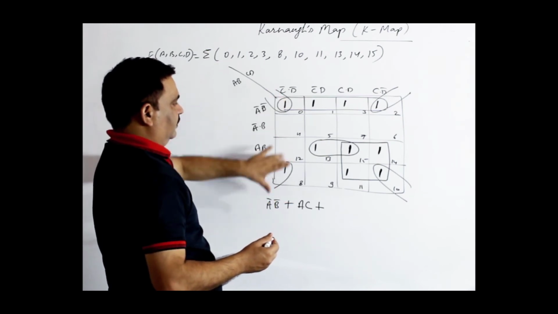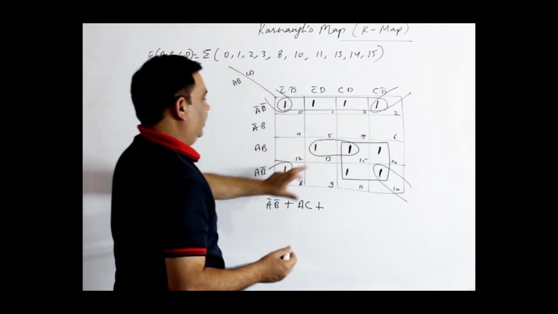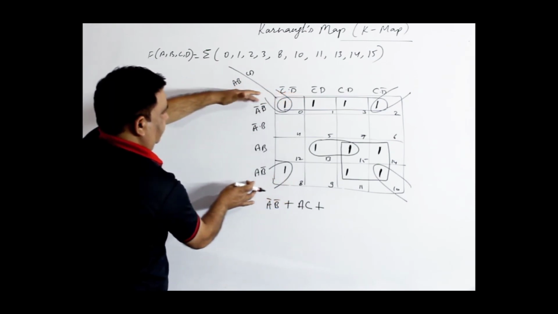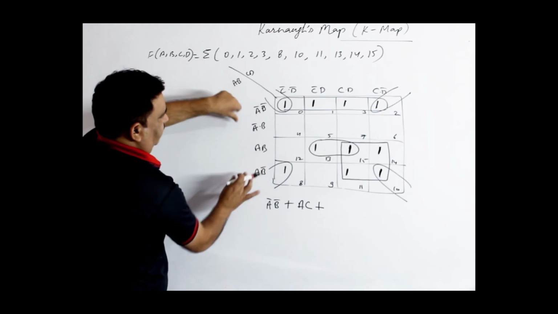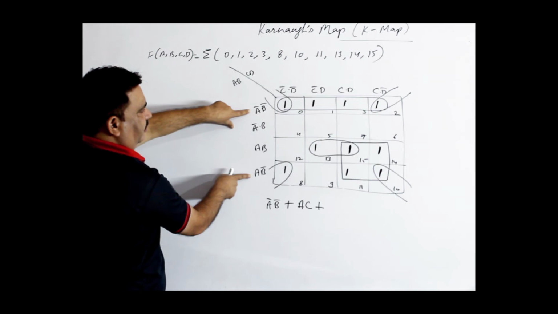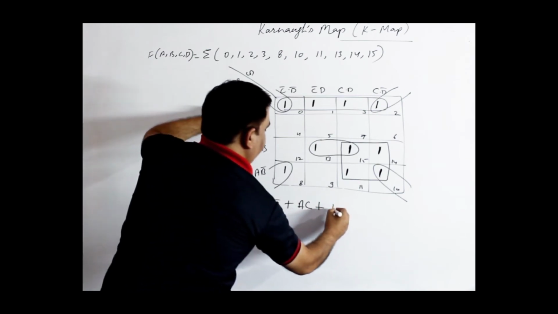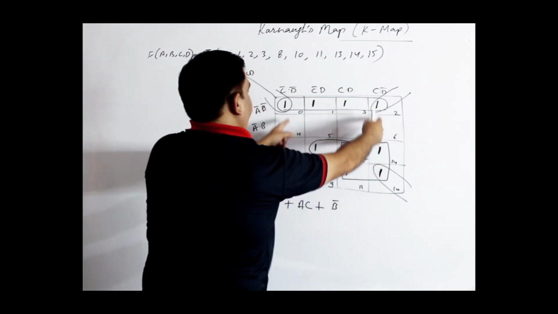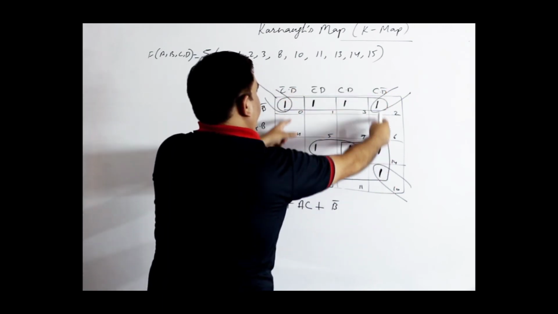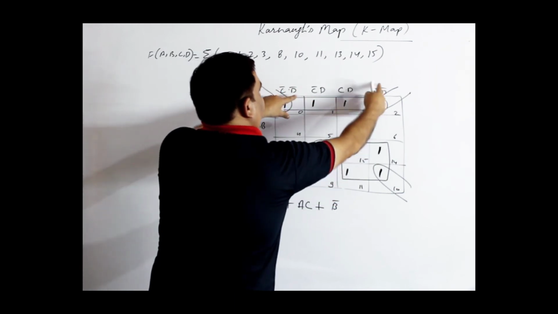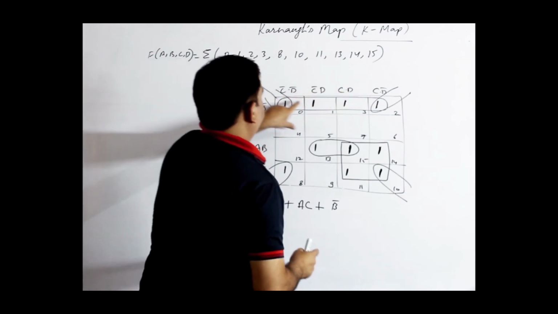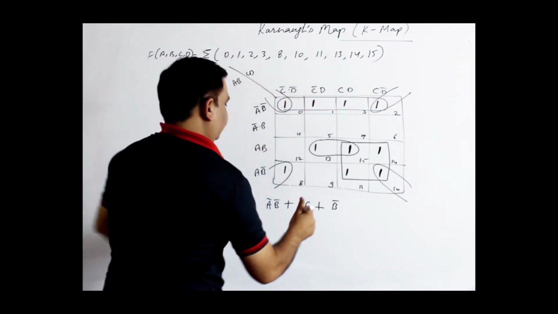Now, the corner ones 0, 2, 8, 10. To see the left side of 0, 8, 2, 10, the left side is these two and these two. Here the common one from these is B complement, because A complement changes to A. So, write only B complement. Same way here, 0 and 2 and 10 and 8, the quad is there. This side C complement D complement, here C D complement. So, from here D complement is common, C complement and C are changing, so take only D complement.